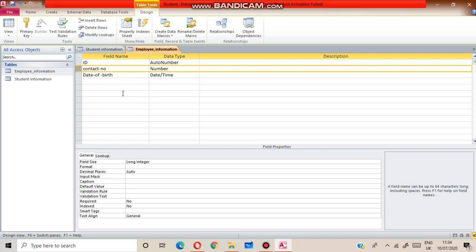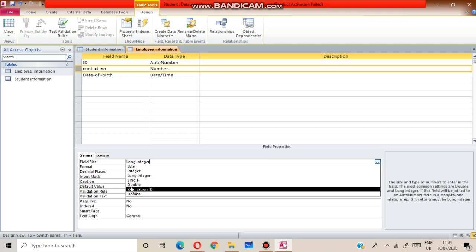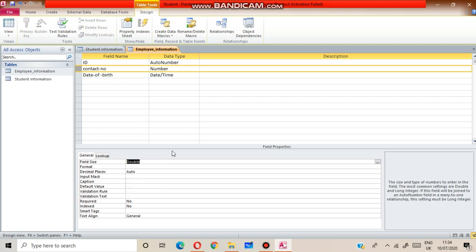That time it was not taking 10 digit numbers. So what will you do? You will select this particular row. Here you can see long integer. You can change here. You can take double, which means you can give more numbers, more than 10 numbers. That is why I have taken double here.